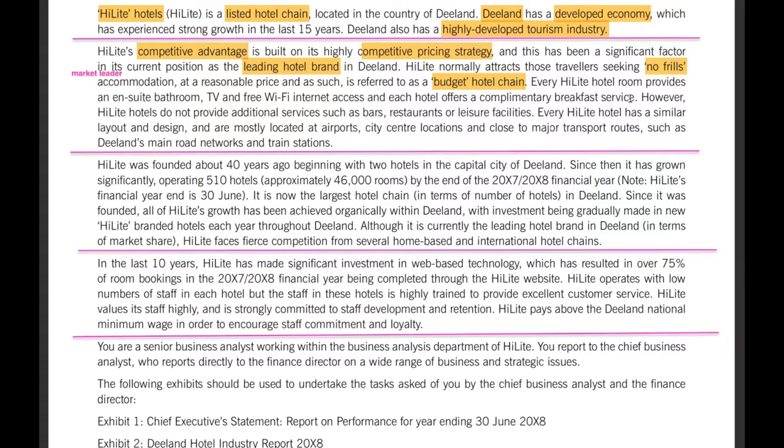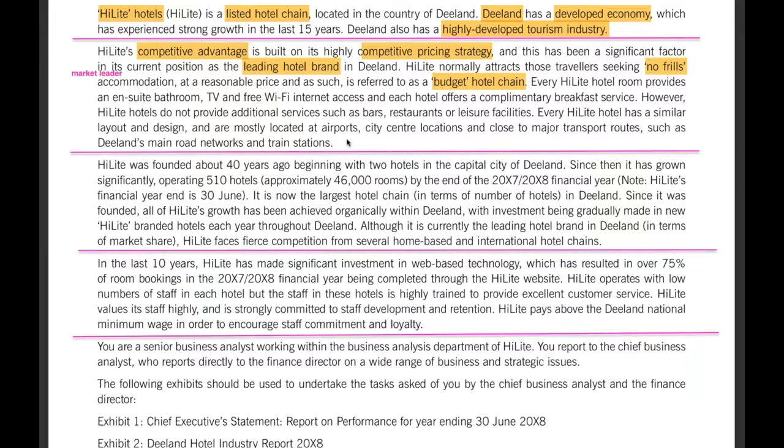So every room here provides an ensuite bathroom, TV, and free Wi-Fi internet access, and each hotel offers a complimentary breakfast service. So basically what they have is the basics, all right? They don't have anything extra, because here it says that Highlight hotels do not provide additional services such as bars, restaurants, and leisure facilities. So every Highlight hotel has a similar layout design, okay, that is common everywhere, and mostly